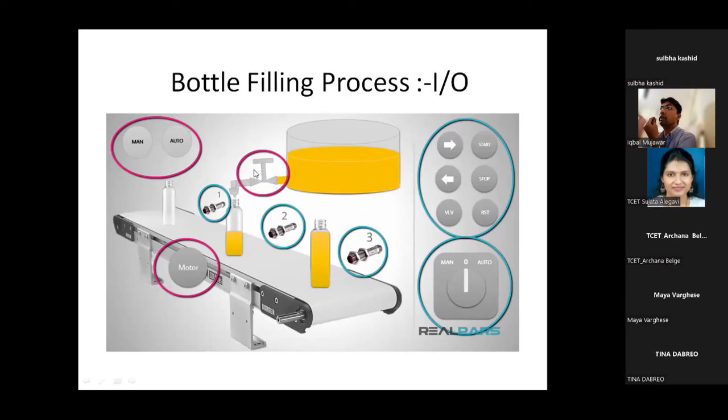The outputs are the solenoid valve that I need to control, the motor forward and reverse, and this lamp. This is also one kind of output. Then I can say 1, 2, 3, 4 outputs are there. And if I consider these 3 inputs, then a total of 12 inputs are there. Then I identify how many input and output pins are there.